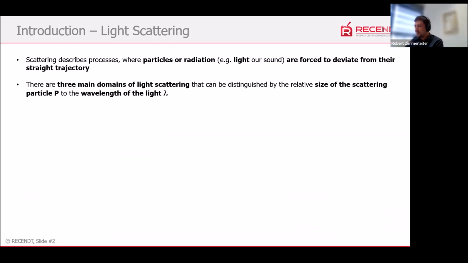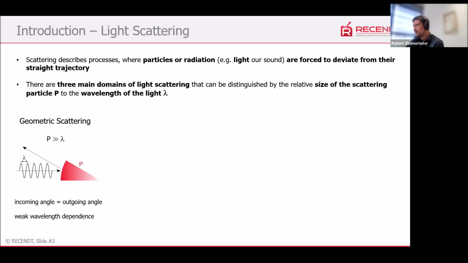First of all, there are three main domains of light scattering that can be distinguished by the relative size of the scattering particle, which I will name P, and the wavelength of the light, lambda. First, there is the geometric scattering regime, which is the case when the scattering particle is much, much larger than the wavelength of the light that is being scattered. Here we have the classical case, incoming angle equals outgoing angle, and you have a very weak wavelength dependence, which means that the strength of the scattering of the individual photons, so how many photons are scattered, is not really dependent on the wavelength of the photons, as long as, of course, the wavelength is much smaller than the scattering